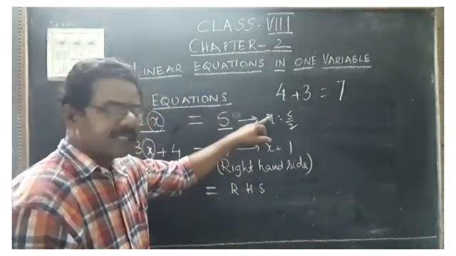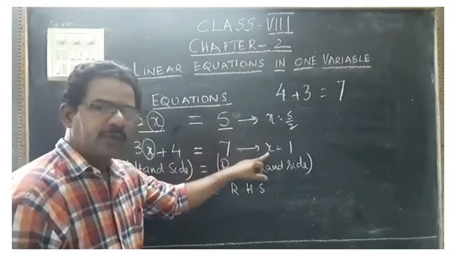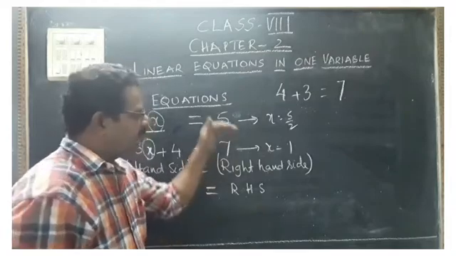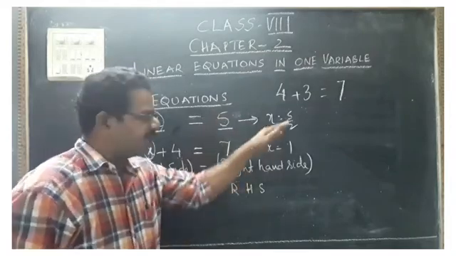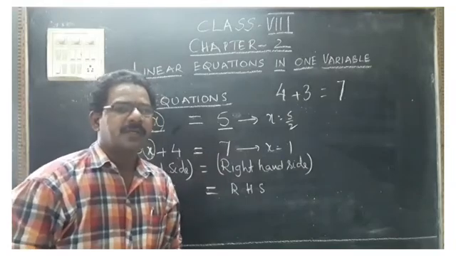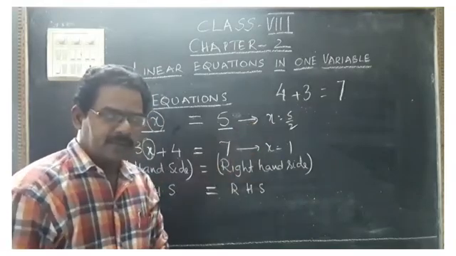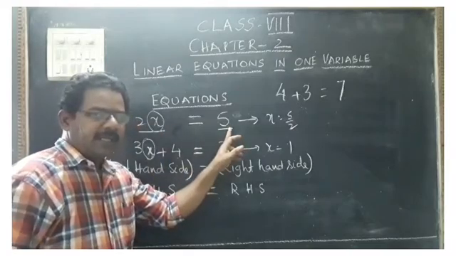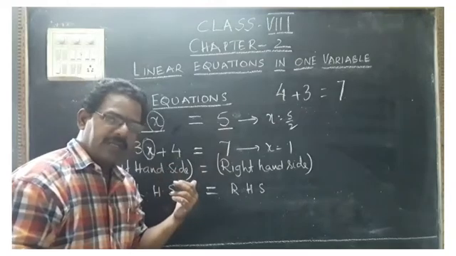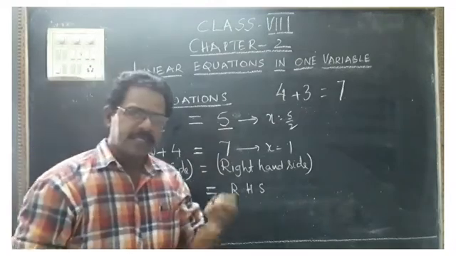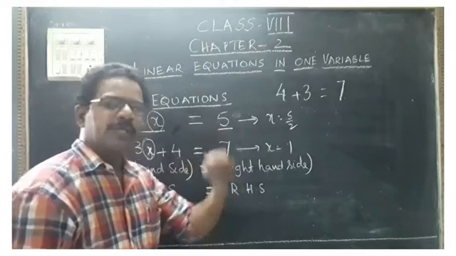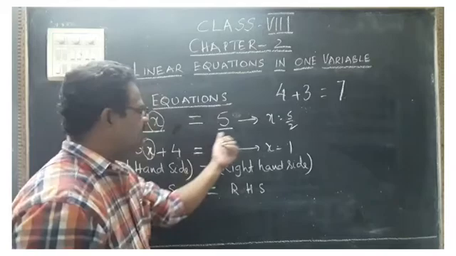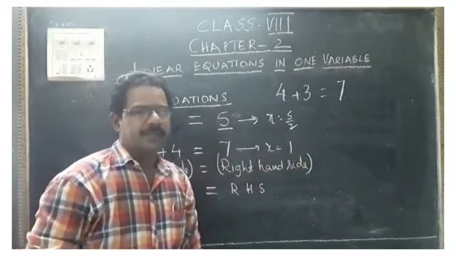Just observe, here x is equal to 5 by 2 and here x is equal to 1. Both values are not equal. Understand? From equation to equation, their values will vary. That's why we call them variables. Suppose in the first equation I have taken 5, and I take the same 5 in the other equation; the value will not change. 5 is always 5, 2 is always 2. So numerics are called constants, whereas alphabets are called variables. Understand?